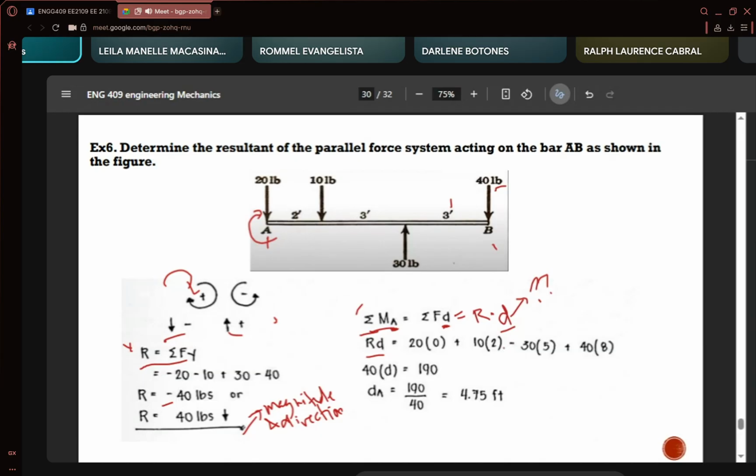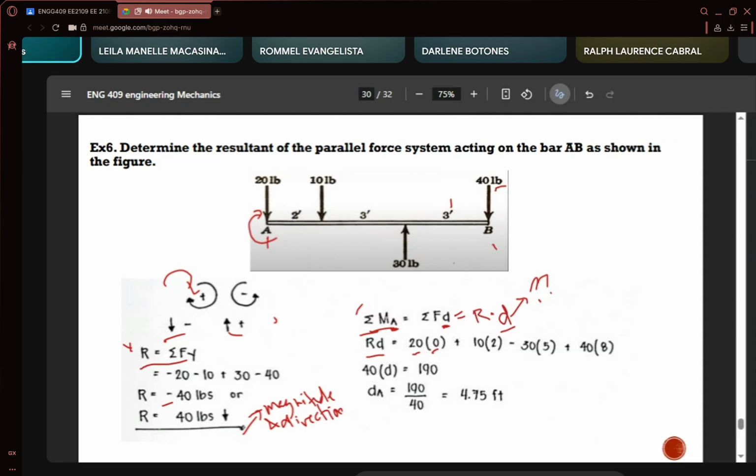Okay, the position of your magnitude. All right, so that is the total moment also. So this is what we'll be solving. Okay, so summation of moments. So first we have the 20 pound acting on point A itself. Okay, so if we ask for the distance, what is the distance of the 20-pound force from point A? Since it's acting on itself, it's usually 0.